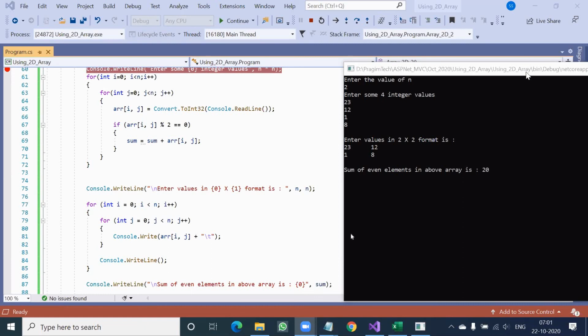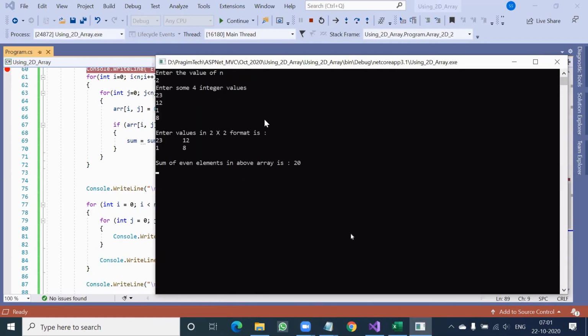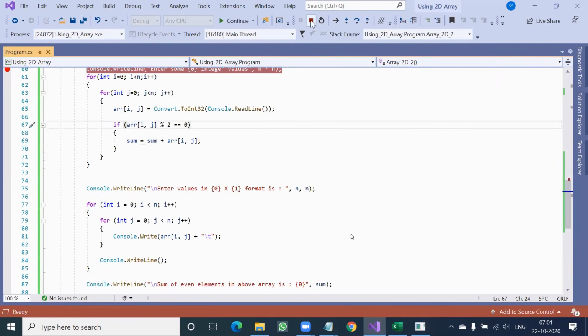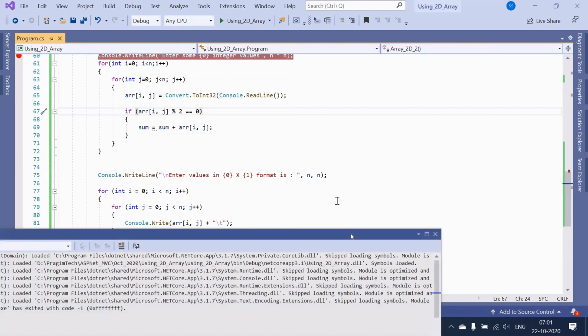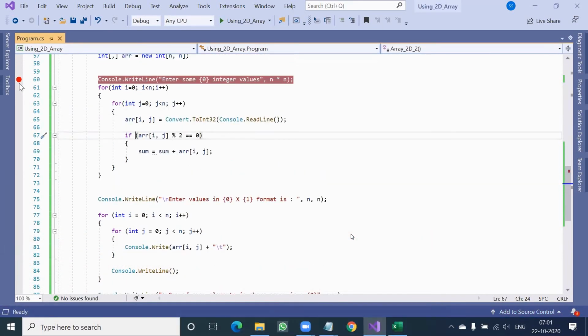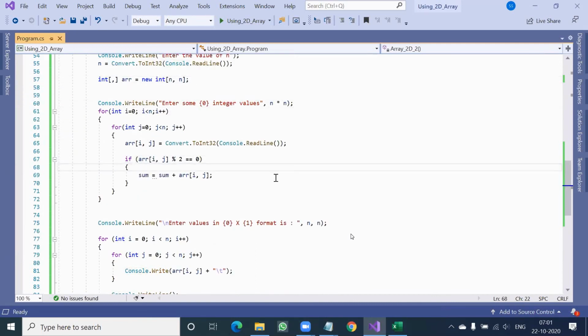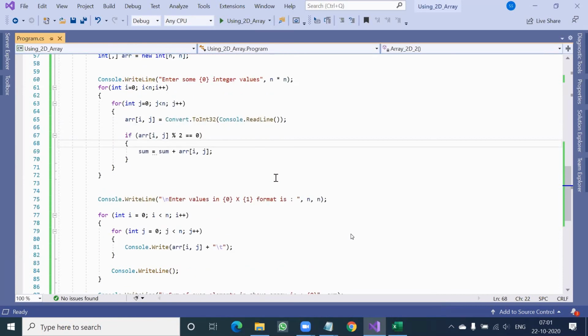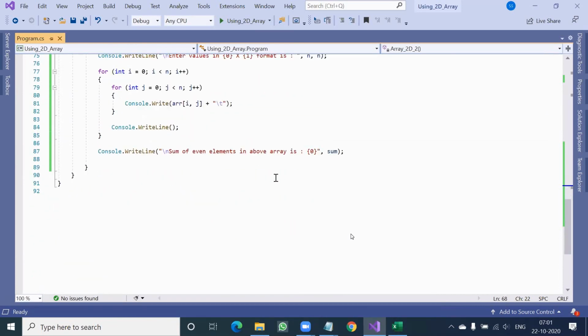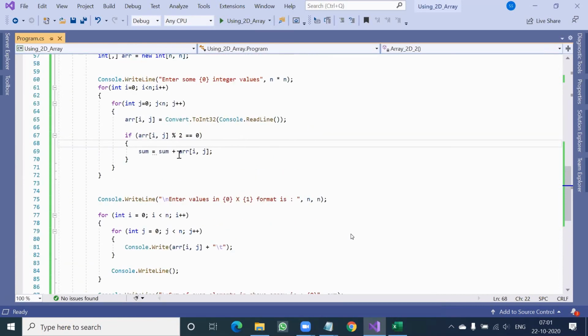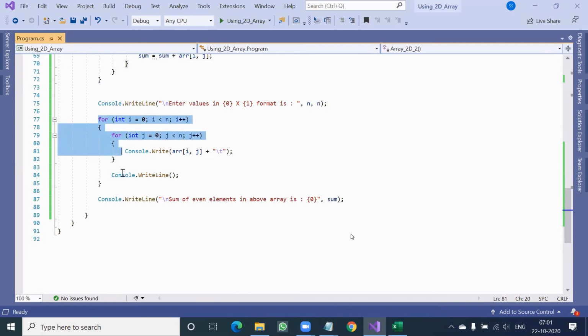So this is how we are displaying the conditional sum. Not just sum, it's a conditional sum. If it is even, then only add it. Here you can see this condition you can put here also. Any one of these two, not both the places.